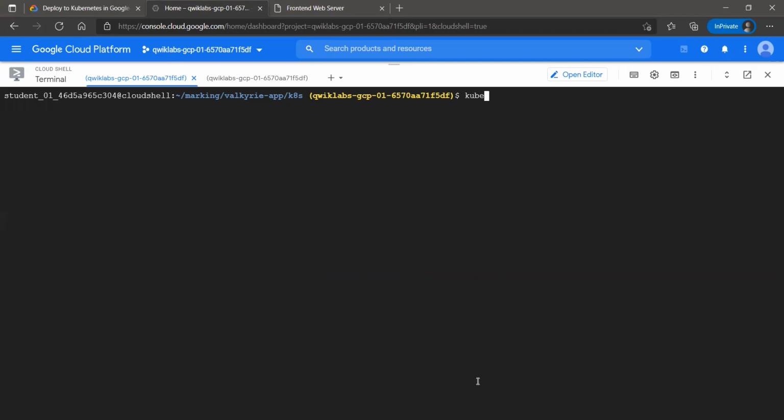For that, we need to run this command: kubectl create -f and deployment dot yml.